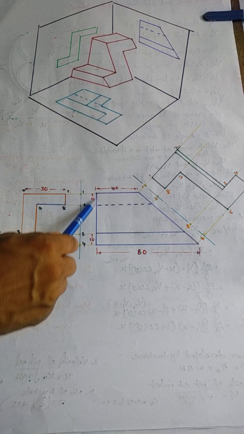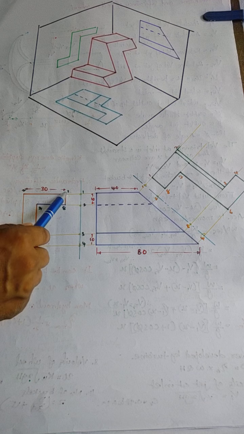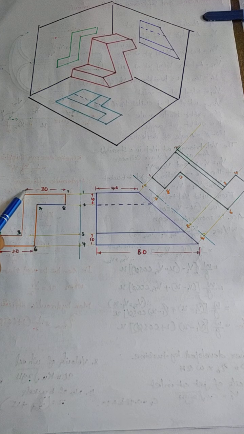And the vertical height you can take from these reference points, 10 mm height, and then 30 mm, which is given in the question. And from here to here, just draw up to this line, and then the remaining length. This length is not given, but this length is given as 20, that means the remaining length is 10 only. So from there just join up to the bottom. In this way you will get the reverse of the Z section.